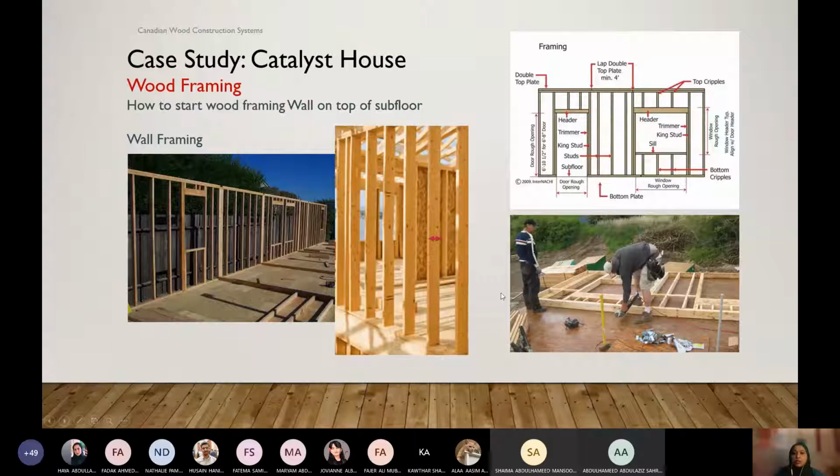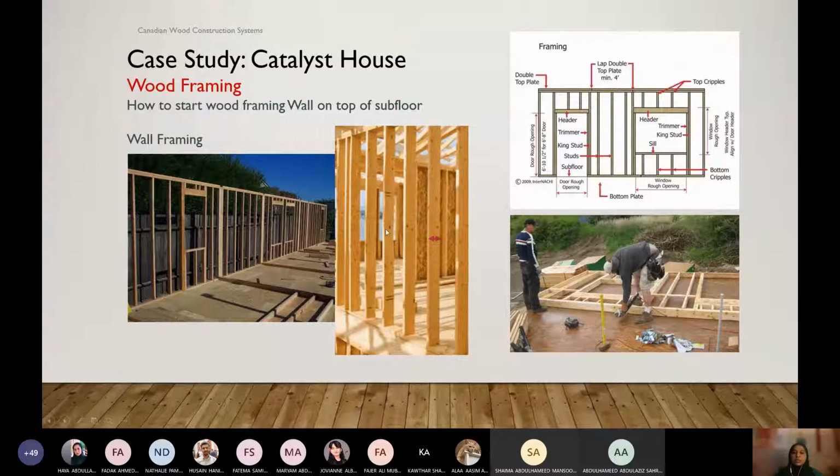So to do the wall, we do the same kind of framing like we did for the floor. Here, all the vertical members, for floor framing we call them joists, and for the wall framing we call them studs. And we have two different sizes, one for exterior walls and one for interior walls.